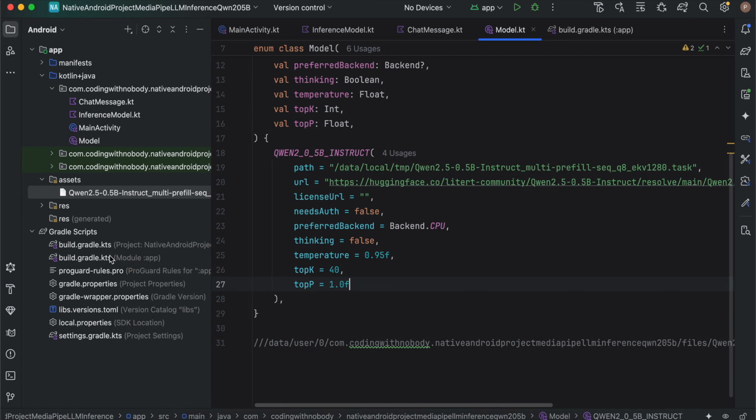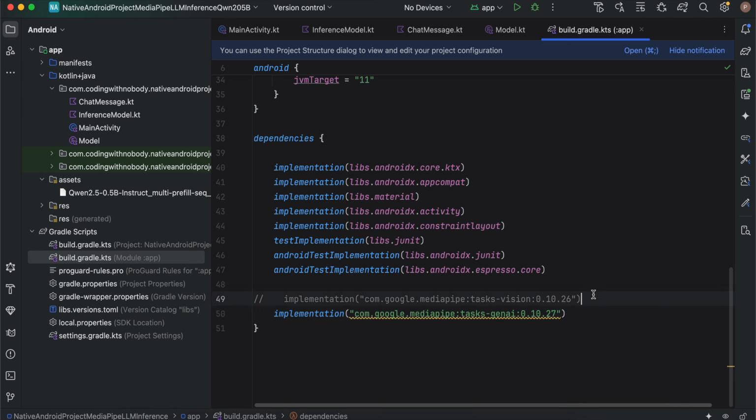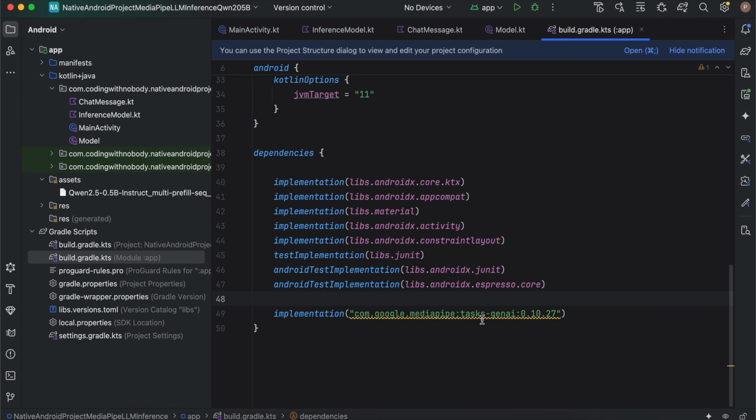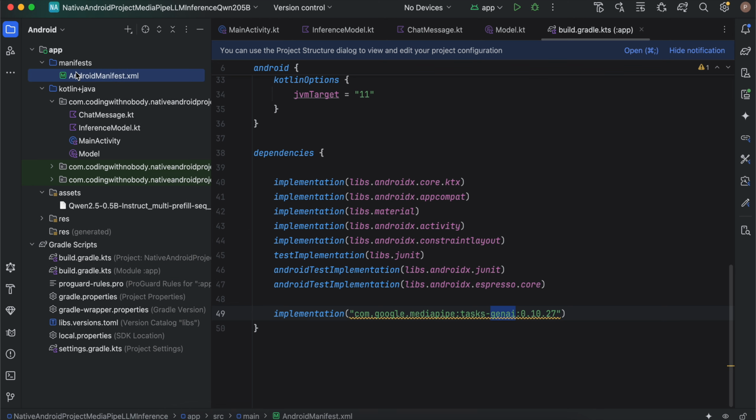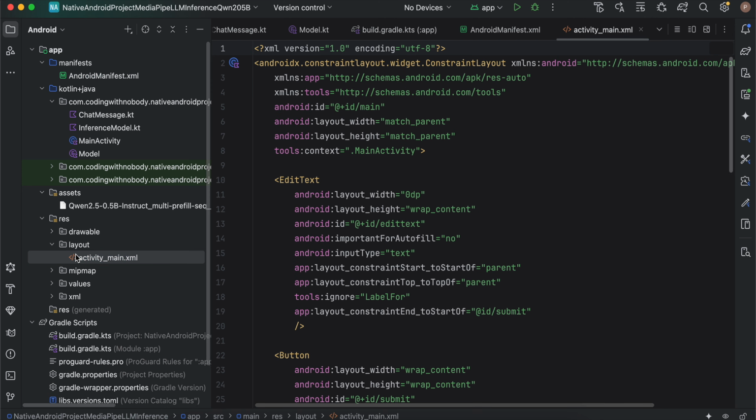Next, go to build.gradle.kts, and here you can see we don't require this dependency, we just require this MediaPipe tasks-genai dependency 0.10.27, and then you just have to click on the Sync Now button and it will download the dependencies for you. Once that is done, I don't think I have anything inside the AndroidManifest, so nothing. Then if you go to res, layout, activity_main,